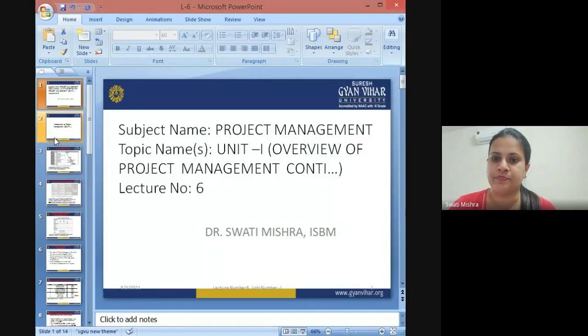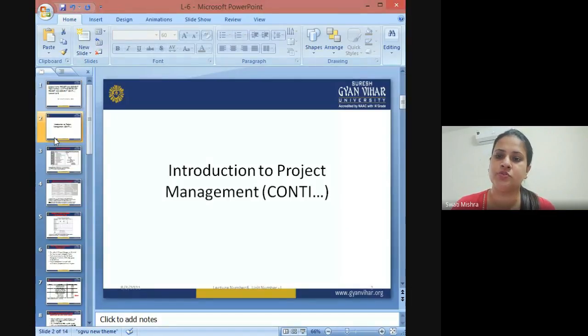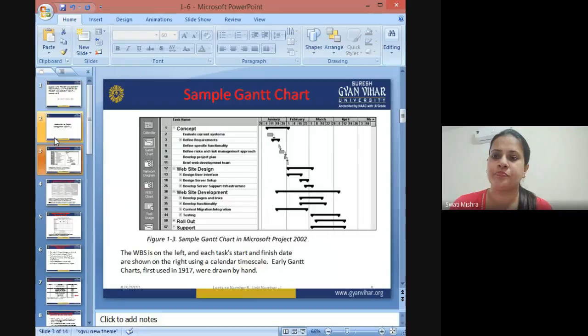And the first thing that I want to discuss today is, I just want to give you a brief sample of the Gantt charts and the other network diagrams that I had discussed with you yesterday, as to why they are required when you want to plan your project properly so as to make your project highly successful.